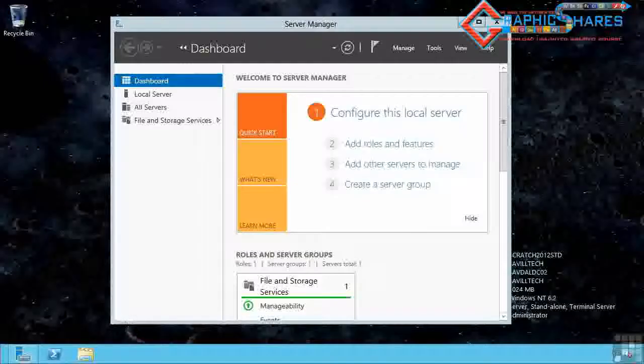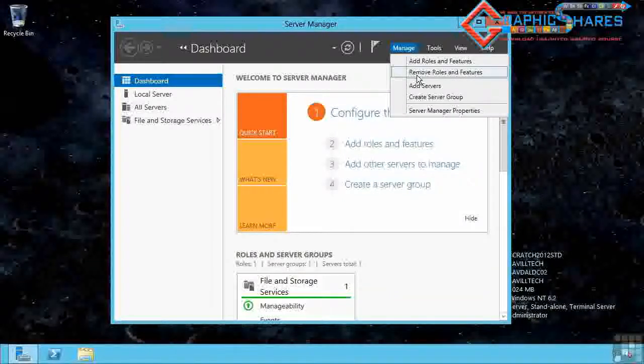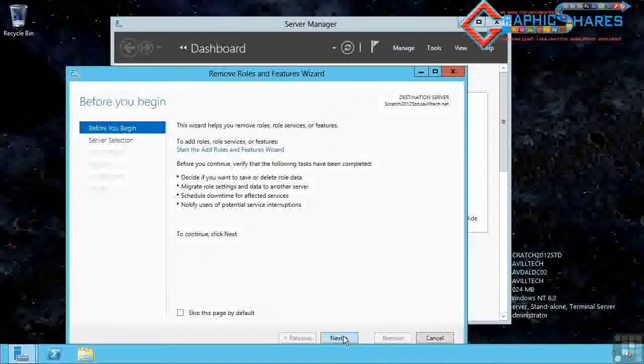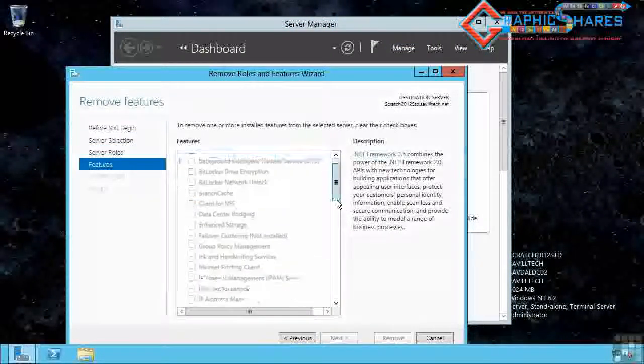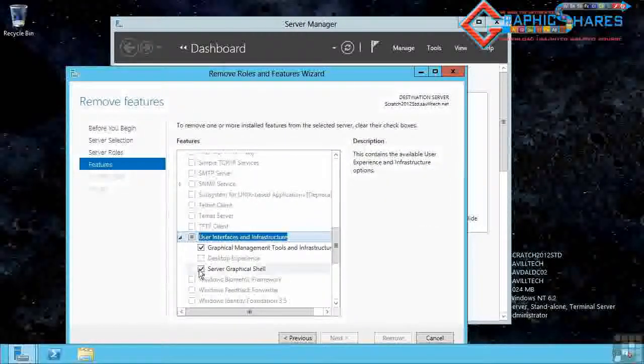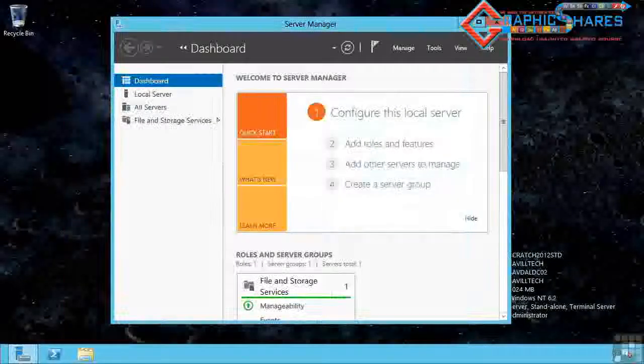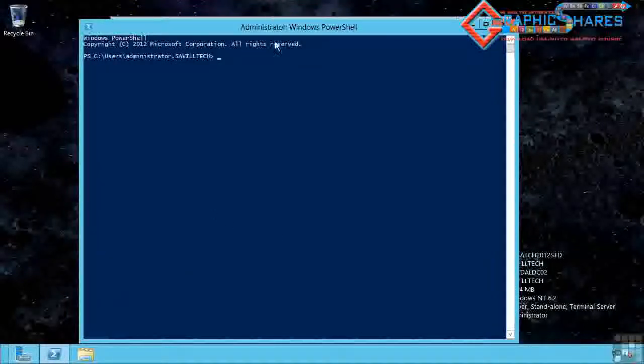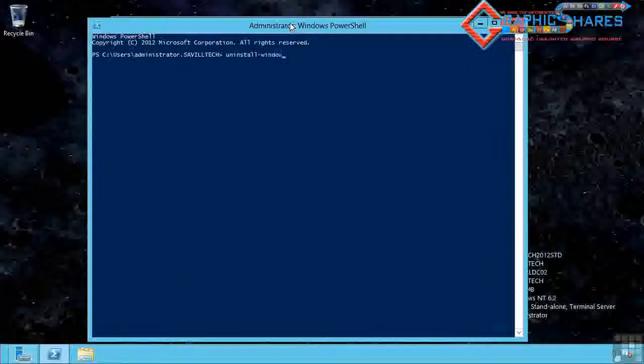To move backwards through the configuration levels, it would be exactly the same process. I can say remove roles and features. I would select the server, I'm now running this locally, and I would just unselect the component I didn't want. Likewise, I could use PowerShell, and for example, I could say uninstall Windows feature, and I, for example, wanted to just uninstall the server GUI shell, but leave the management infrastructure, or I would actually like to go all the way back down to server core, so I would uninstall the server GUI management infrastructure as well,